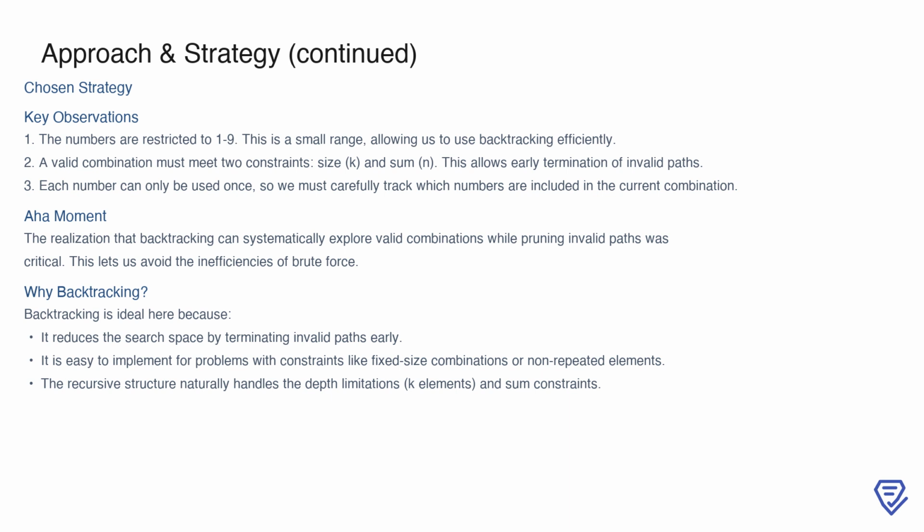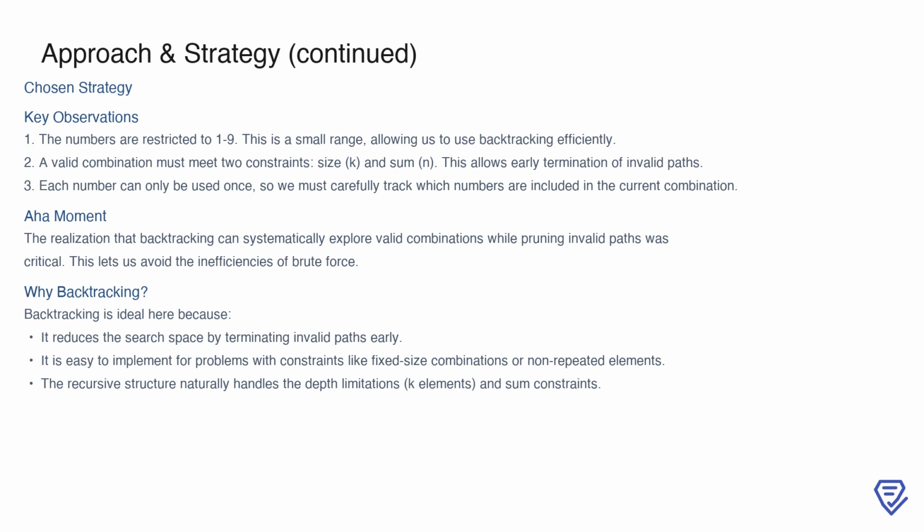Third, since each number can only be used once, we need to carefully track which numbers are currently included in the combination. The aha moment here is realizing that backtracking allows us to systematically explore all valid combinations while avoiding unnecessary work. This method is ideal because it efficiently prunes paths that don't satisfy the constraints, ensuring we only focus